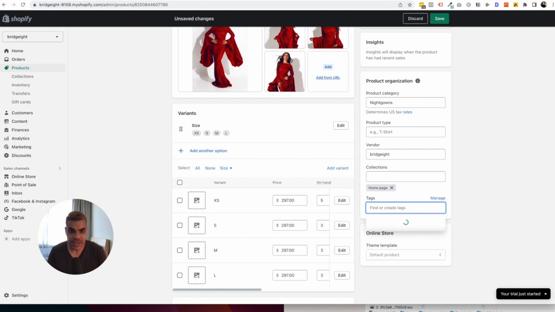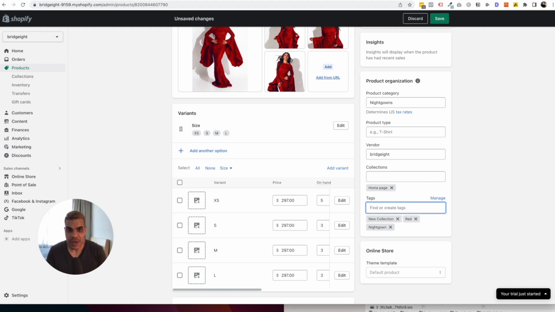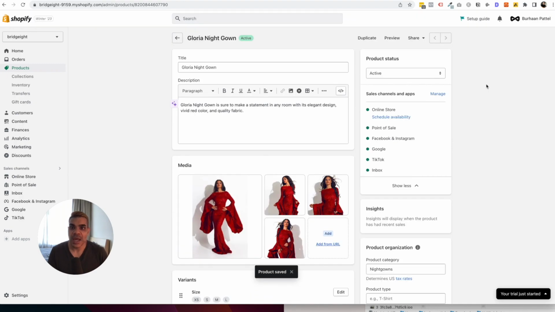and maybe I wanted to tag this with nightgown, add, and I want to do red as the color, and maybe I wanted to do new collection. Okay, so I'm adding new collection here because I want it to show up as a new product, and so I'm going to use this new collection tag any time that I've got a new launch of a product or a new item that's coming up. Okay, so I'm going to hit save,